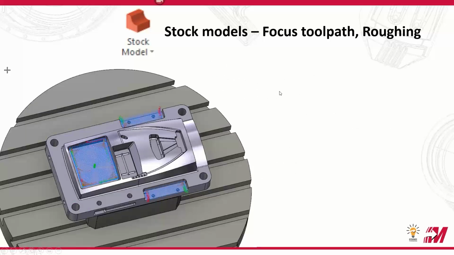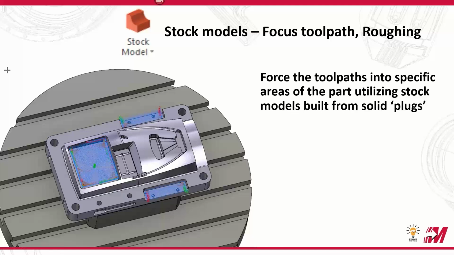So first, we're going to talk about it in the context of roughing, like an OptiRough toolpath, right? We're going to force that toolpath to go into these specific pockets without worrying about the rest of the part. It'll still be gouge checked against the entire part because we're selecting the whole part for surfaces, but it's only going to see stock in those pockets, and we're going to drive it that way. How we're going to do that is via solid plugs. We're going to put plugs inside those features. All right. And to do that, we're going to use model prep modify.